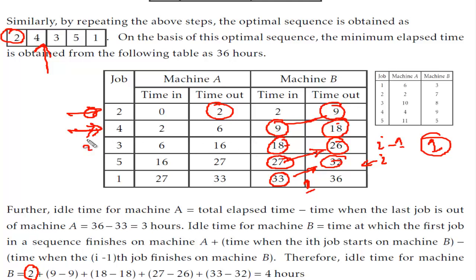that is 9, माइनस I-1 जॉब कब खत्म हुई मशीन बी पे, that is again 9, 9 माइनस 9। अब मैं चलूंगा next 18 पे, अब I यहां पे आ गया, I का मशीन बी पे शुरू कब हुआ 18 पे, I-1 that is this one, ये कब खत्म हुई 18 पे, so 18 माइनस 18, that means there is no waiting time। उसके बाद I चलेगा इसके ऊपर, I now is 27 जब शुरू हुआ, I-1 कब खत्म हुआ 26 पे, so 27 माइनस 26, then next now I will go to the here, I is 33, ith जॉब मशीन बी पे शुरू हुआ, माइनस I-1 जॉब जो मशीन बी पे यहाँ पे खत्म हुआ, so that is 33 माइनस 32, सो ये यहाँ पे 2 निकलेगा, ये 0, ये 0, ये 1, ये 1,